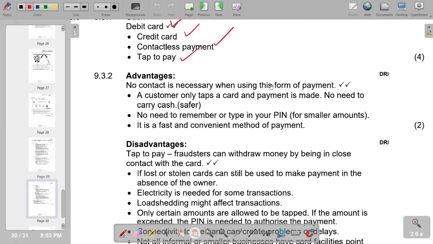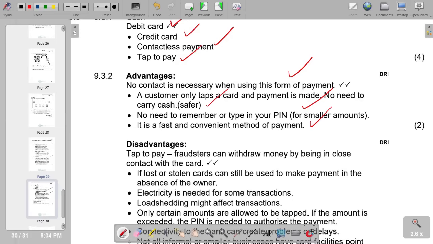no contact is necessary when using this form of payment. A customer only taps a card and payment is made. No need to carry cash, which is safer. I don't need to remember or type in my PIN for smaller amounts. It is a fast and convenient method of payment. So these are advantages. The disadvantages, attempt to pay fraudsters can withdraw money by being